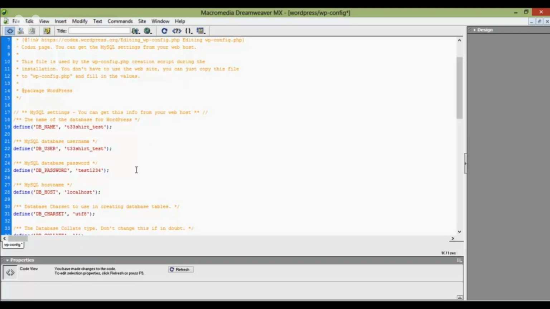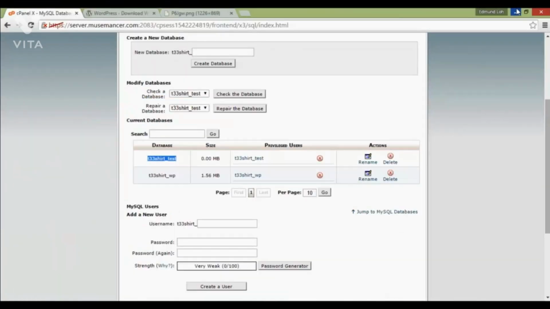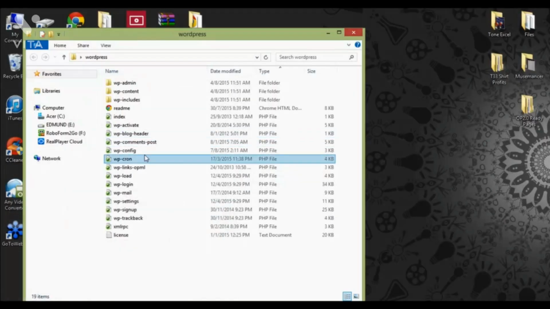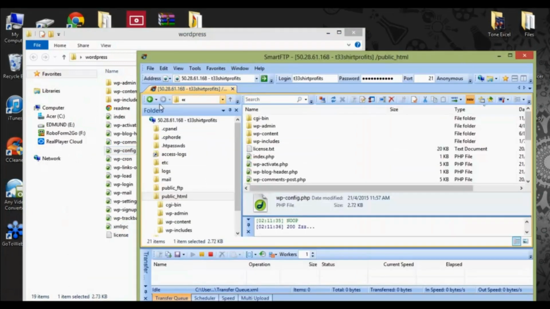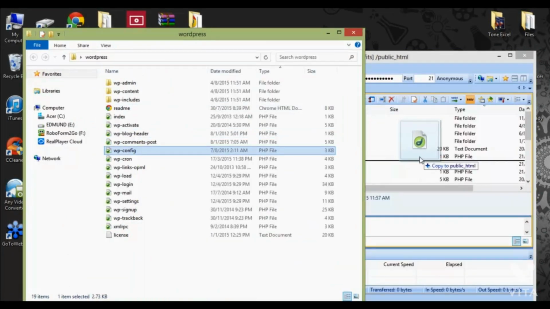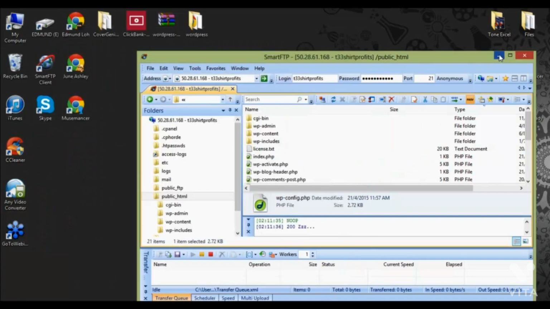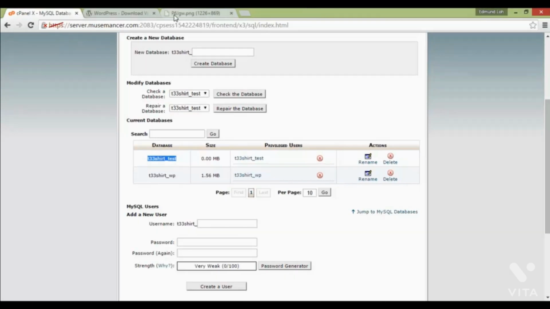Save it and be sure to upload this to your hosting account by dragging this file into your FTP. I am not going to do this because, as I said, this is an existing account with WordPress on it. Now, if you do this right, the next thing you need to do is go to your website at